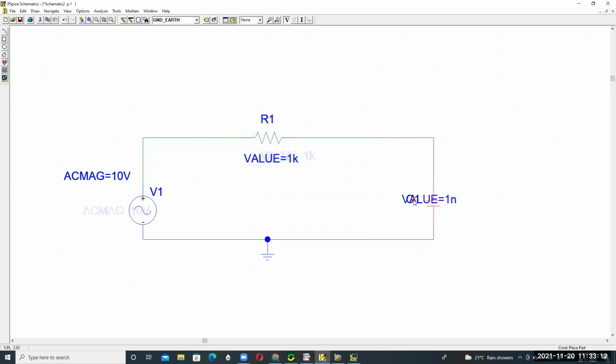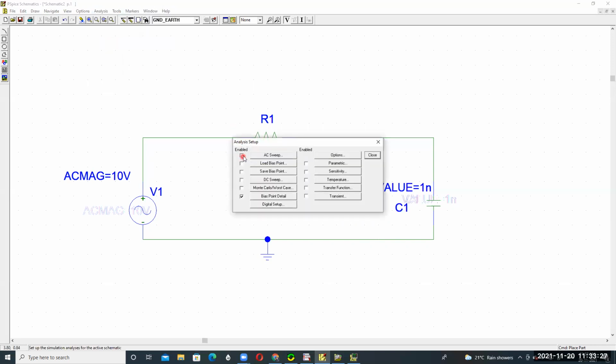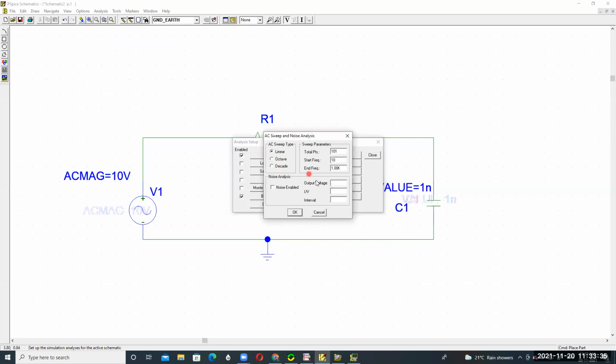After designing this series RC circuit, go to analysis and set up AC sweep. Make a tick on AC sweep, and pressing it displays a dialog. Select decade, not linear.